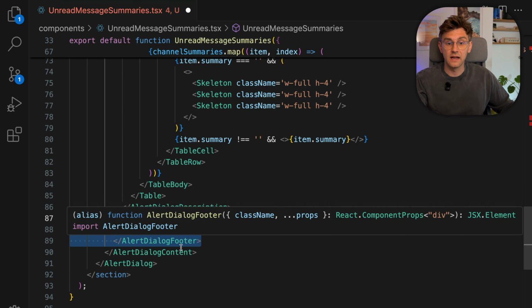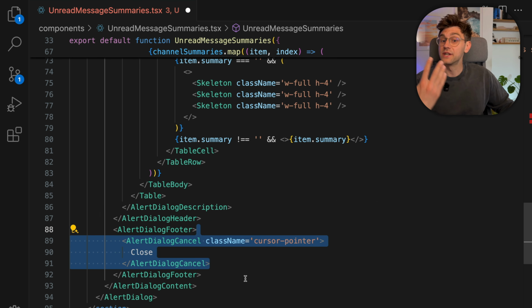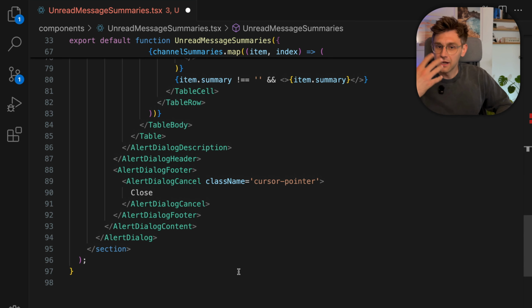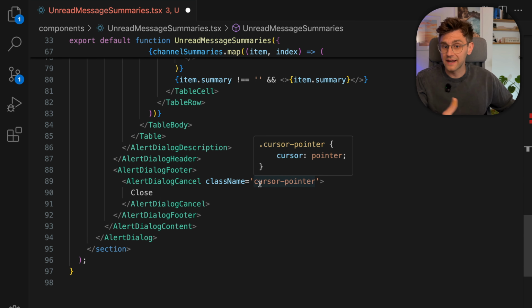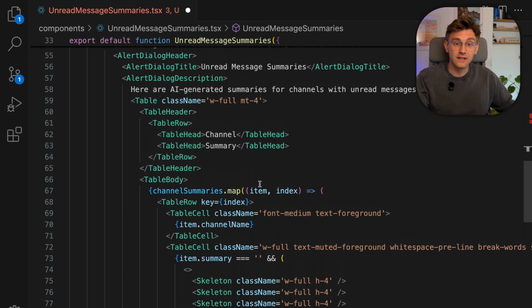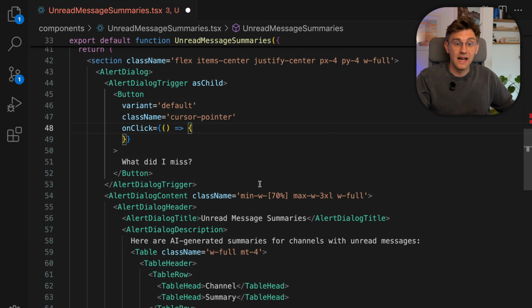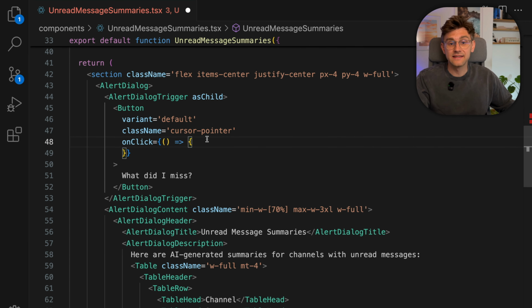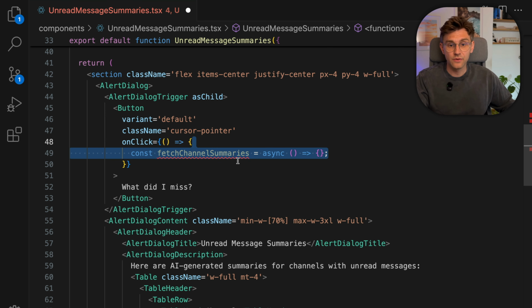So we have an alert dialog footer as well, which will simply have the close button so that we can close the pop-up again. Now, we have not added any logic, so we don't have anything to show for yet. So let's scroll up here and let's add at least a loading state after tapping the "what did I miss" button. So for that, we create a new function, call it fetchChannelSummaries, which is going to be async